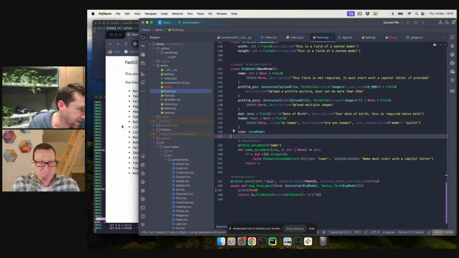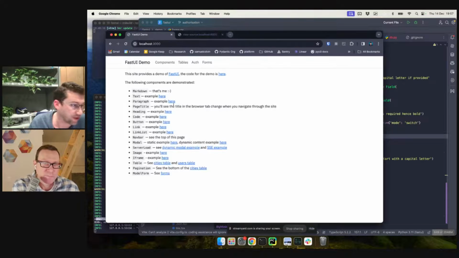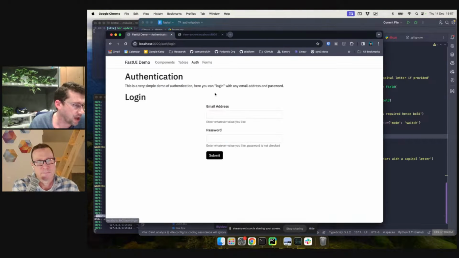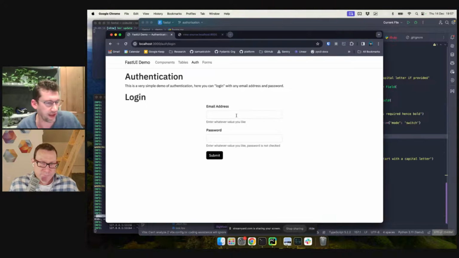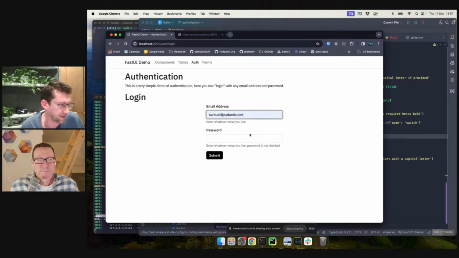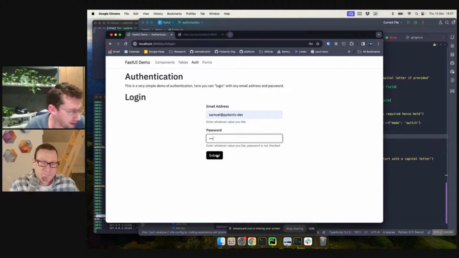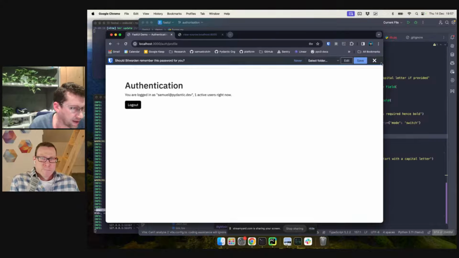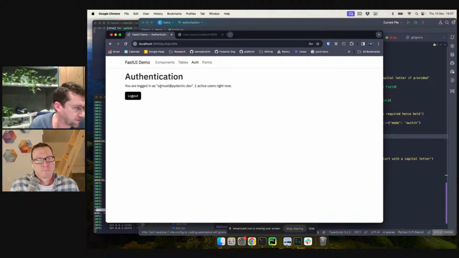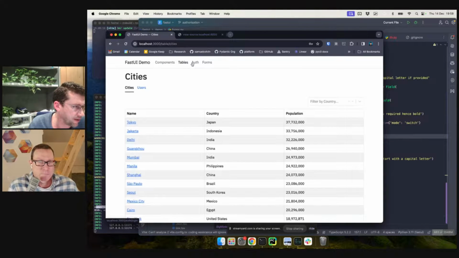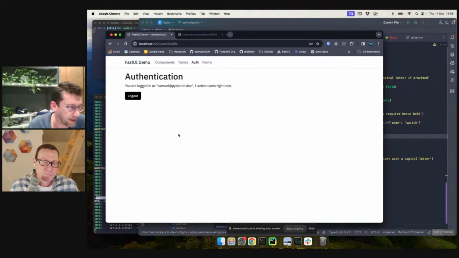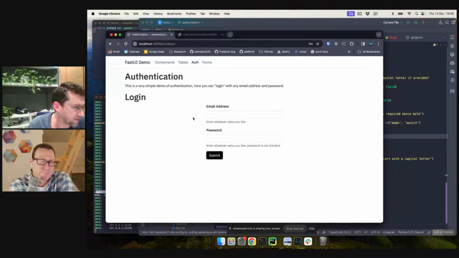So yeah, that. And then the last thing I'll show, I know we haven't got very long at all, is authentication, which I've just been working on now. So this is, again, a simple form. I'm just going to select an email, put in a random password, and I can log in. And in this case, I've logged in. It just says who I am and how many people are logged in. If I come back to this page, it'll show me logged in, and I can do post requests to log out.